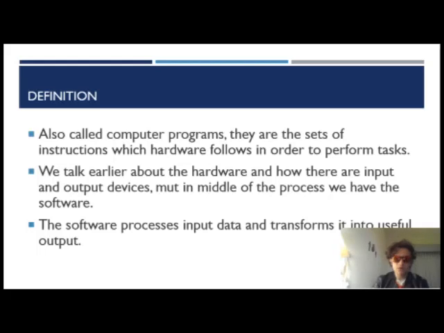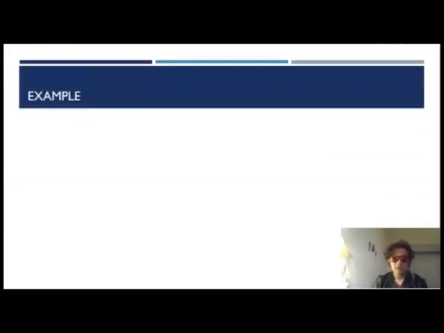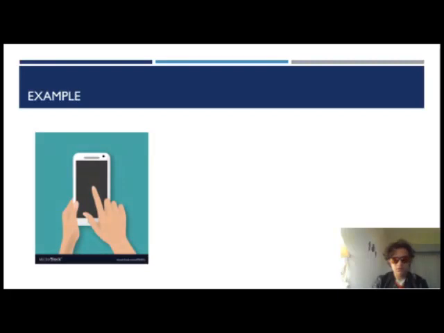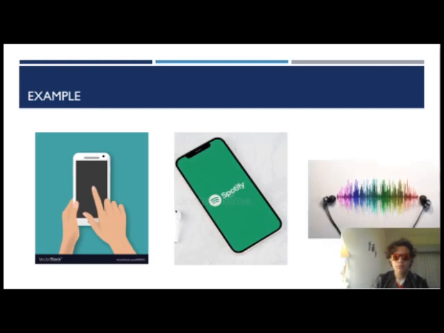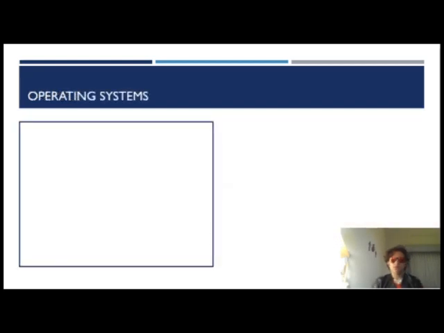The software processes every piece of data you input to your phone, for example. Let's imagine you click on Spotify. Your phone will process that, it will acknowledge that you want to hear a song, and boom, you get the music. Easy example.